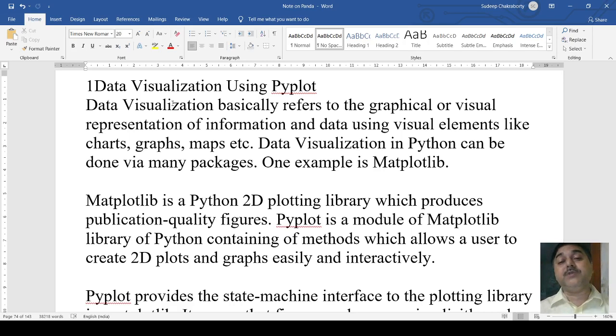All these charts, graphs and maps that we are using, we will have these structures, and then we can represent that particular data, isn't it?